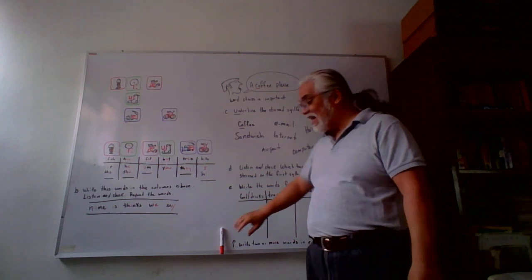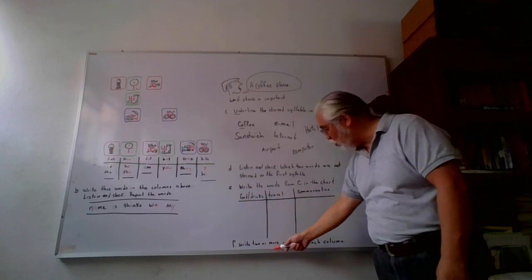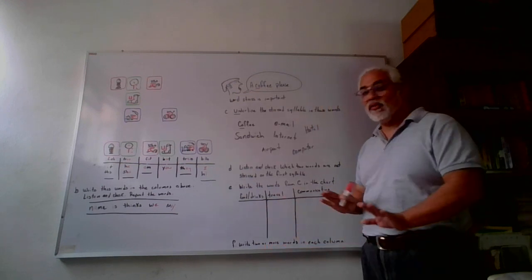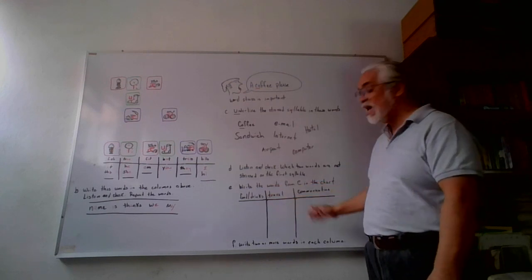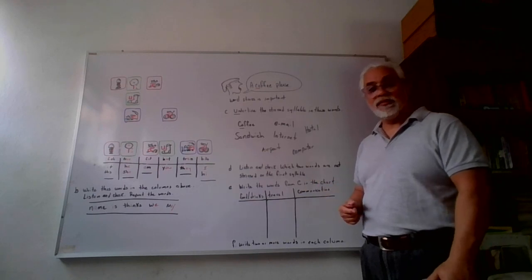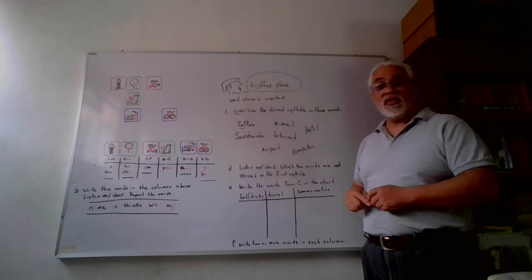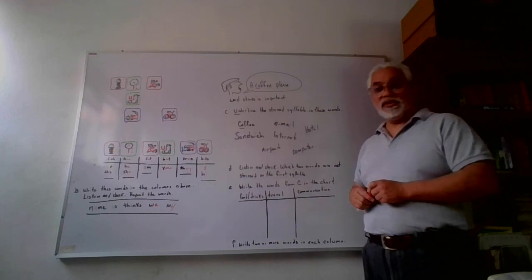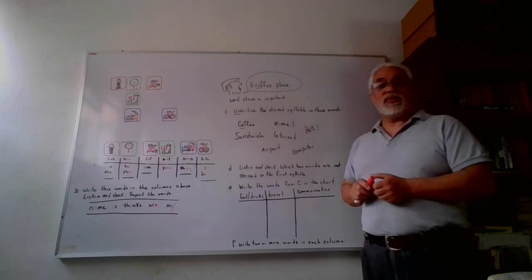All right. The last assignment that I have for you guys is to write 2 or more words in each of these columns. I don't care what word you pick. All right, but go ahead and put 2 or more words, and then we will check to make sure that those words are in the correct category. Okay, this is hopefully to help build a little bit of your vocabulary, or hopefully to see that you already know a little bit of this vocabulary. And this is our pronunciation part of the class.